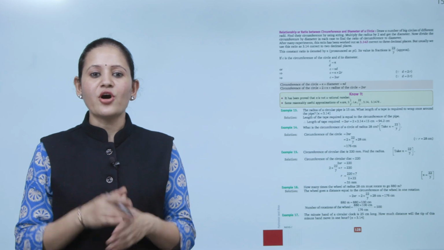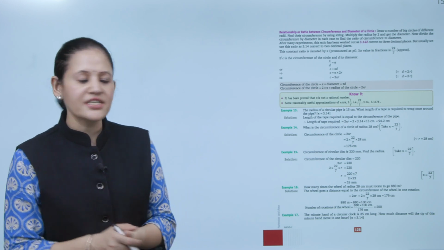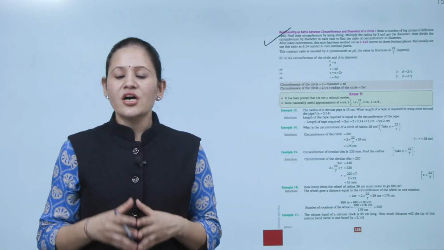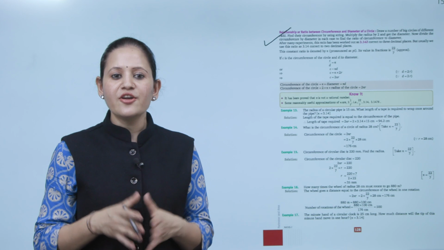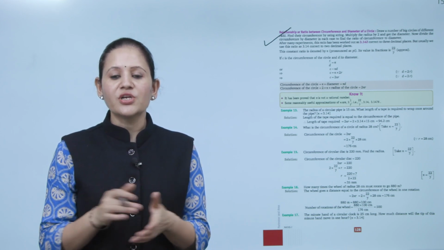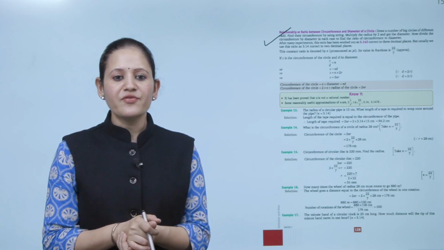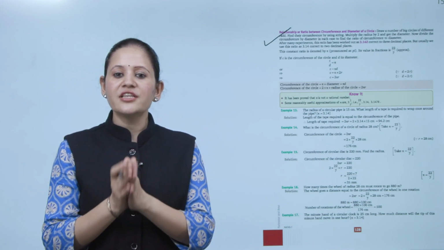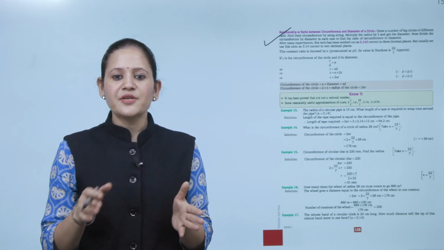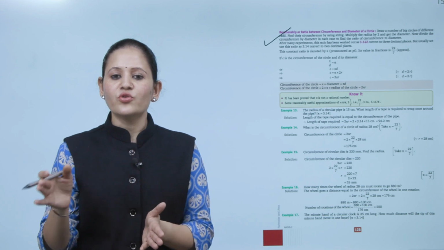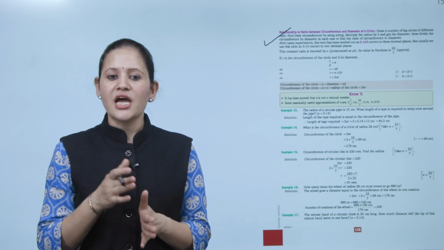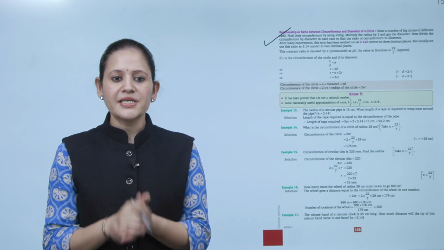Next is the relationship or ratio between circumference and diameter of a circle. Draw a number of big circles of different radii. Find their circumference by using a string. Multiply the radius by 2 to get the diameter. Now divide the circumference by the diameter in each case to find the ratio of circumference to diameter. After many experiments, this ratio has been worked out as 3.14 correct to 3 decimal places, but usually we use the ratio as 3.14 correct to 2 decimal places.